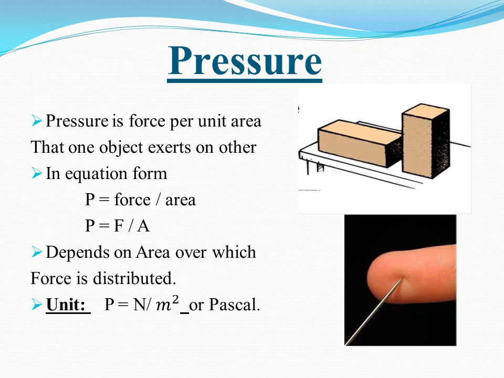So students, let's start our lecture. First of all, we will discuss the term that is pressure. It is force per unit area, that is P is equals to F over A. In simple words, pressure is how much force is applied on a small area. Formula for pressure is P is equals to F over A. It means this pressure is inversely related with the area. Smaller area produces more pressure. In this equation, if you put unit of force, that is Newton, and unit of area, that is meter square, then unit of pressure is Newton per meter square.